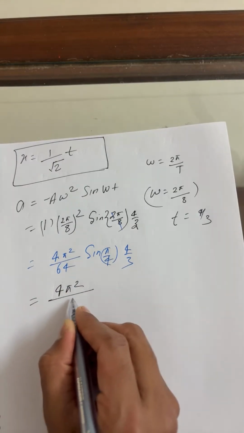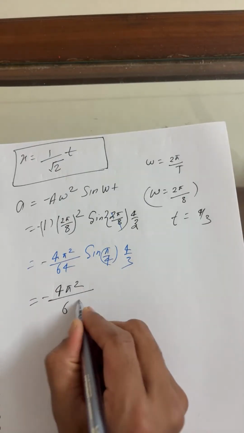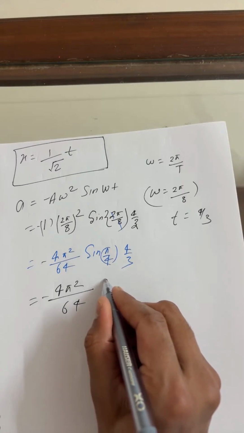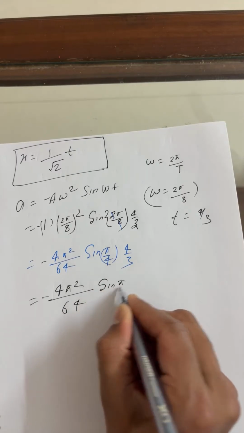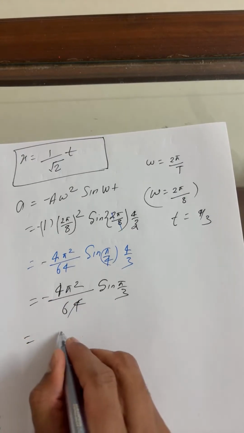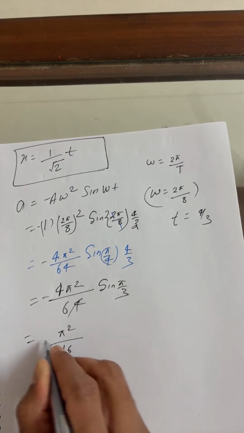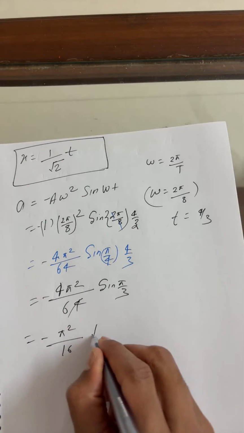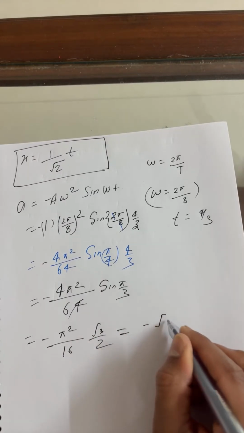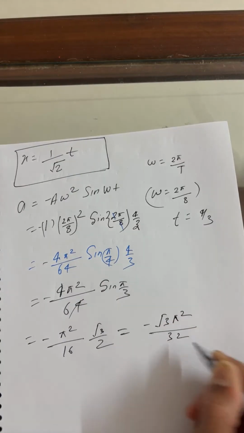So this is 4 pi square. Don't forget the minus, minus everywhere, upon 64. Into, students, you can write 4 cancels here. So this is sine pi by 3. 4 cancels, which you can say 16 here. So you can say pi square, minus, don't forget the minus, this is root 3 by 2. So we can say this is minus root 3 pi square by 32